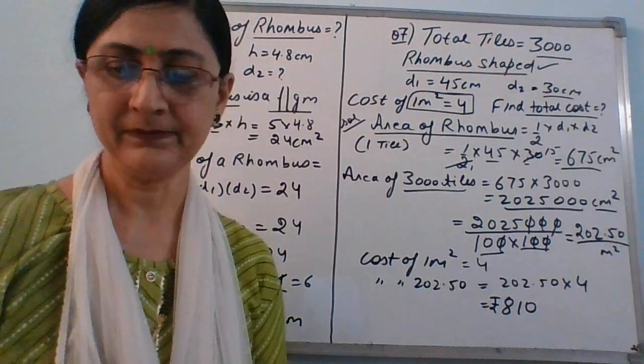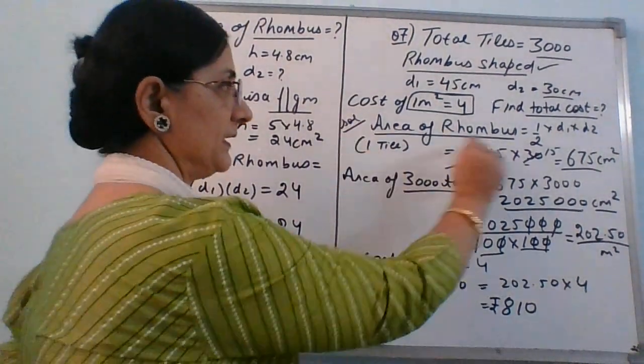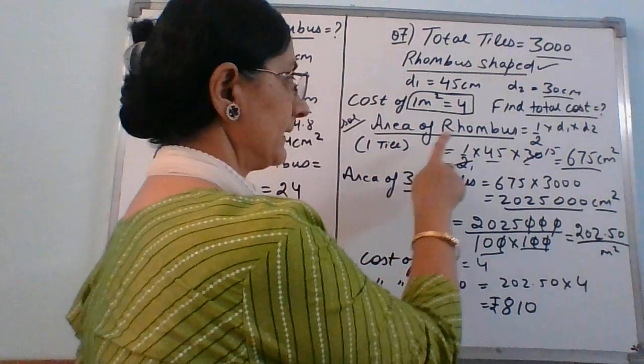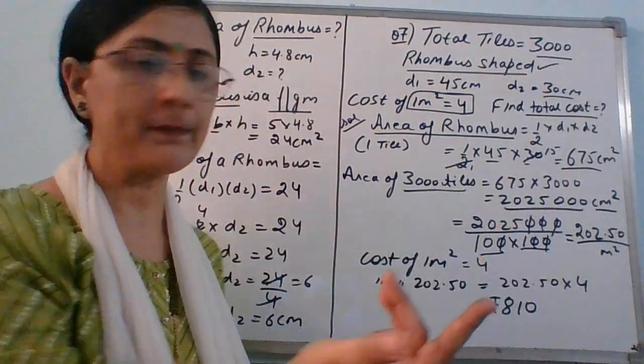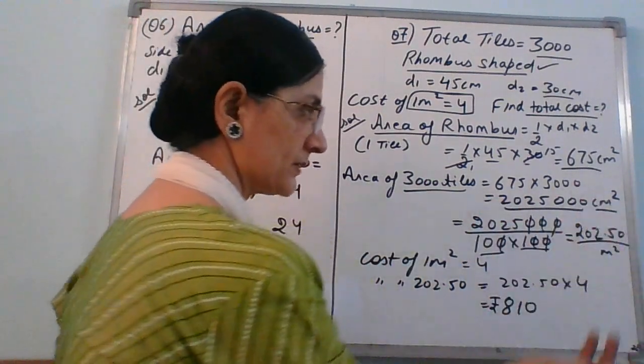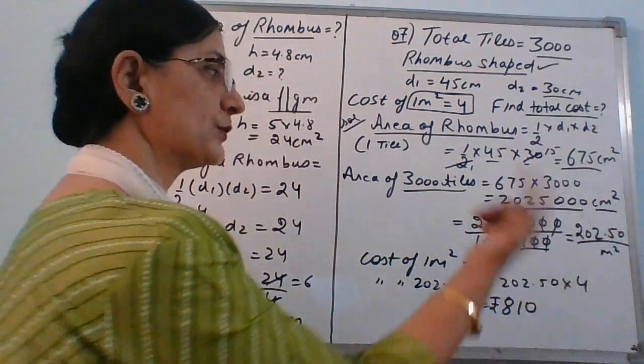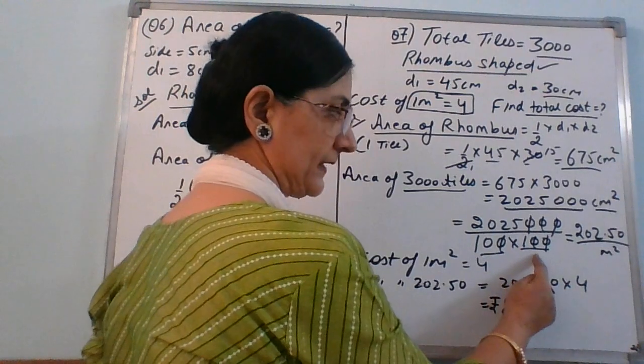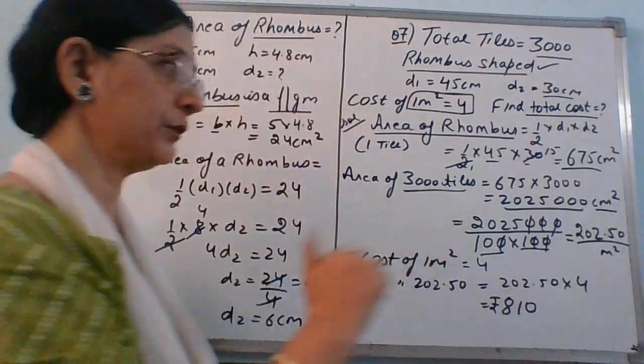I hope it's clear, right? It was little lengthy. First area of एक tile का निकाल लो, right? The tile is rhombus shaped. Apply the formula of a rhombus. Half d1 into d2 we found. Then tile of 3000 के लिए उसको 3000 से इंटू करेंगे, क्योंकि वो सेंटीमीटर स्क्वायर था, उसको मीटर स्क्वायर में कन्वर्ट करने के लिए 200 से डिवाइड करते हैं। जो आपका डेसिमल में आंसर आया वो आपका आंसर अब मीटर स्क्वायर में है।